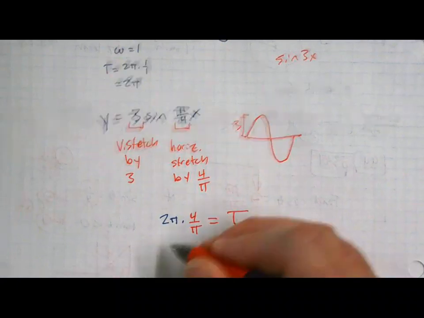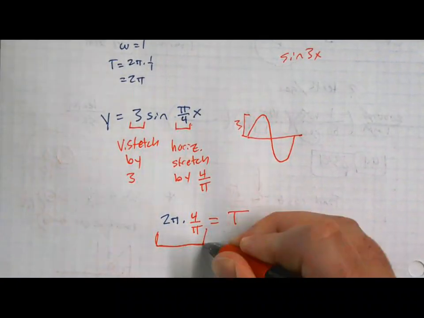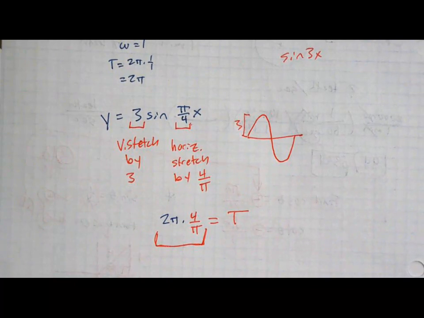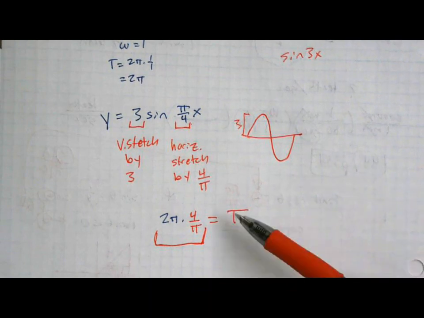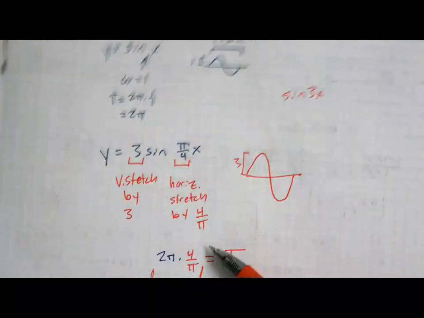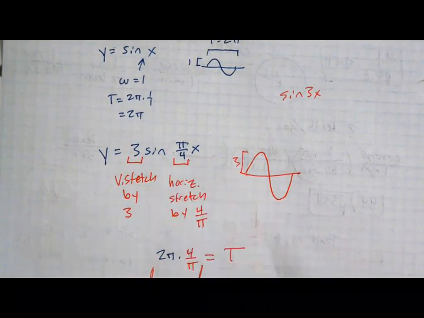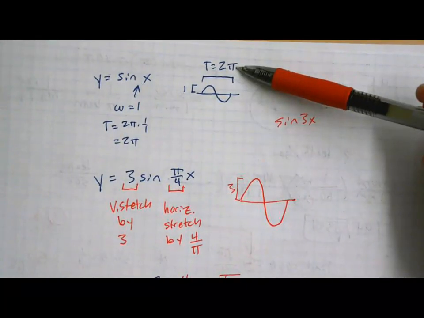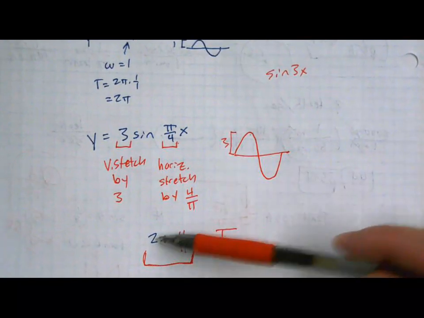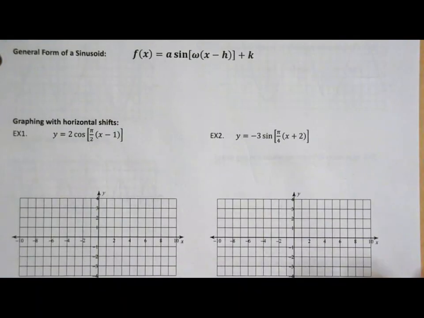Are you seeing what I'm hoping you're seeing here? When did we ever do 2 pi times the reciprocal of that number? That was our formula for T, right? That's why this is like it is, because when we're looking at a number that's being multiplied inside of the function, we actually have to look at that multiplier as being the reciprocal of that. That's what's going to tell us what to multiply for our horizontal stretch or compression. Okay, so because the original one was 2 pi, this is why we've got to do 2 pi times the reciprocal of this. Okay, all right, so